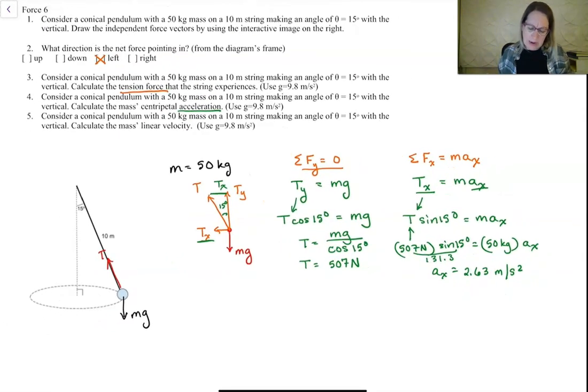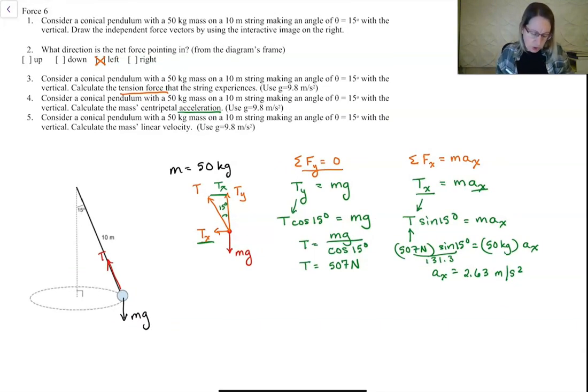Okay, so the last question asks to find the velocity, or the speed actually, because the velocity is going to change direction as this goes around in a circle. As we work our way around the circle, the velocity changes direction, but the speed is going to be set. And so we can say ax is just going to be v squared over r. So we have ax, we just need r, which is this distance here. We can get it because sine of 15 degrees is r over the length, that hypotenuse of 10 meters. So then r is equal to